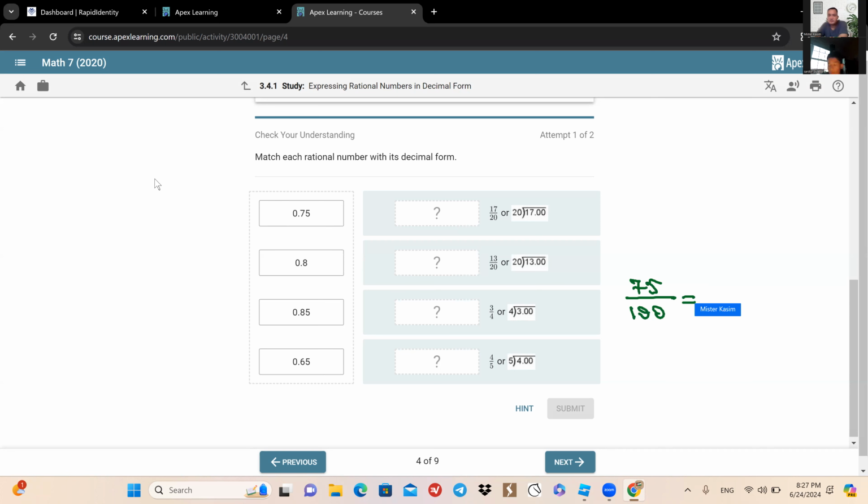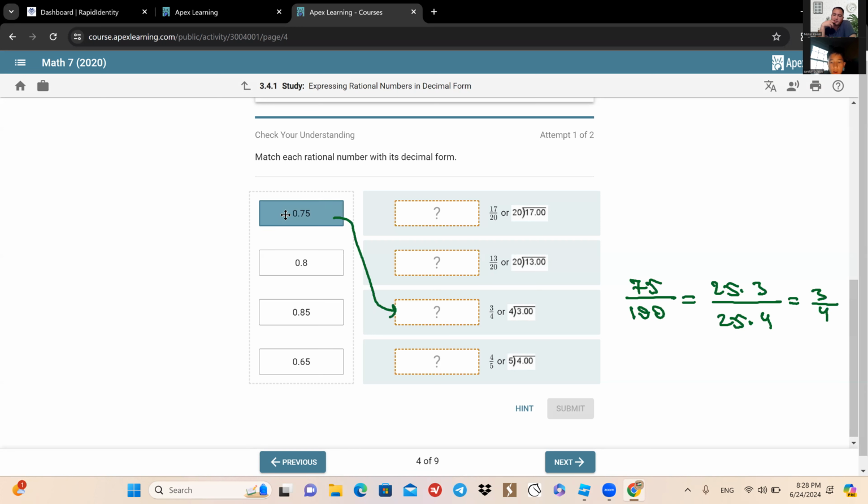Before you start this, we should study multiples and factors of a number. There you need to know how to find the highest or greatest common divisor of these numbers. I'm not going to talk about that right now. It is 25 times 3 over 25 times 4. 25 is a common factor, so they cancel each other. That is 3/4, right? So that's why it should be this one. You should not only guess, you also need to do some calculation, because our aim here is to learn, not only to answer the question.